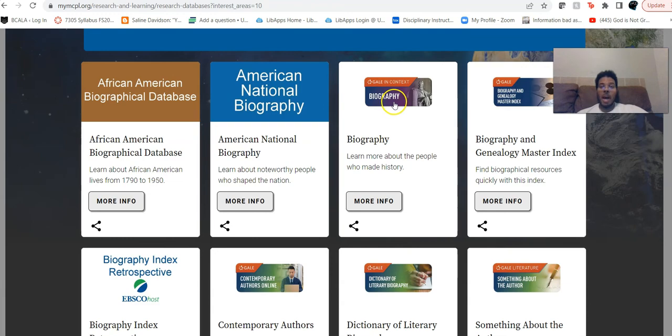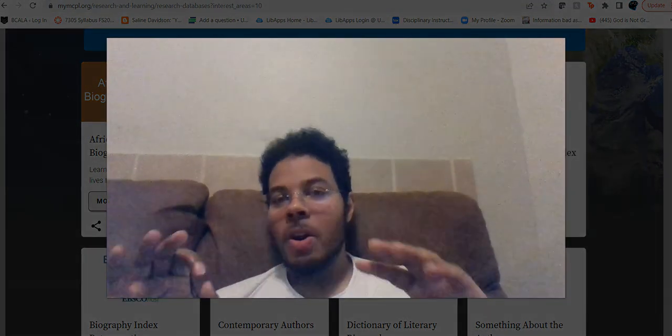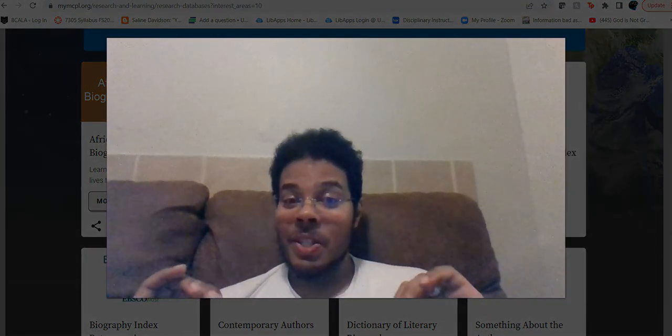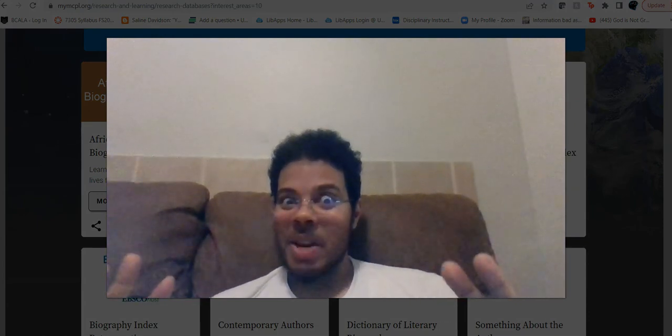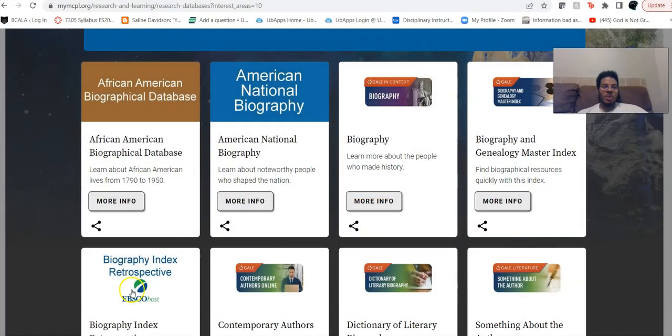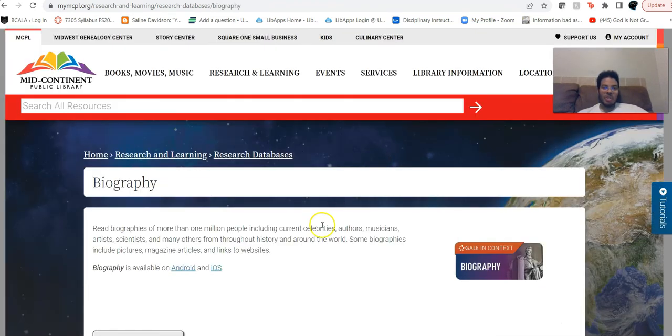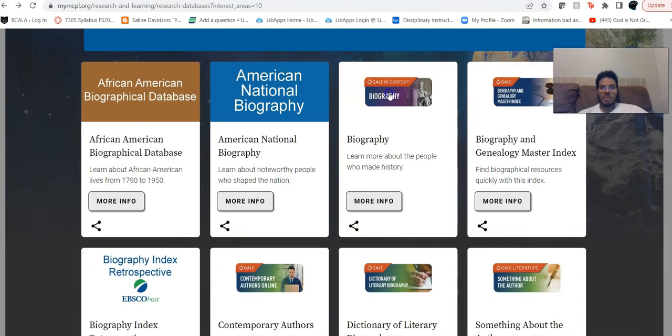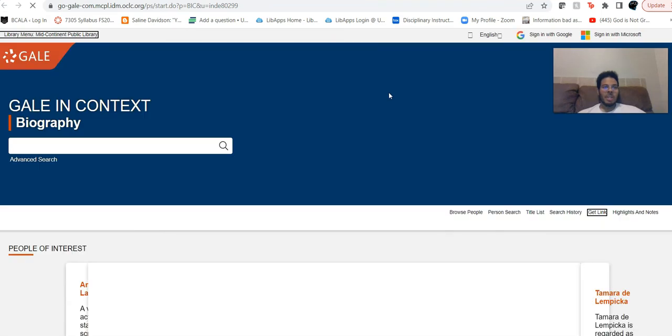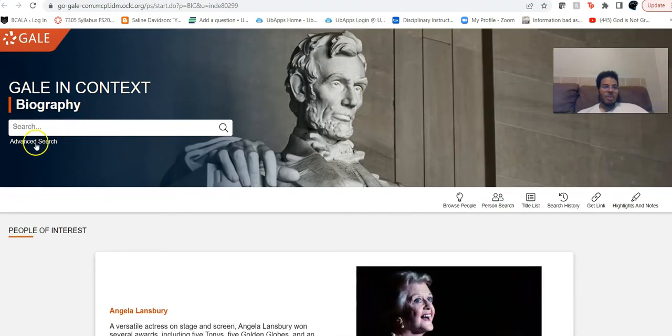So for biographies, not necessarily author biographies, I'm just talking biographies, you might want to look for the Gale in Context biography database. This one is great. Authors, musicians, scientists, artists, all sorts of stuff there. And then if we go in, what we can do is